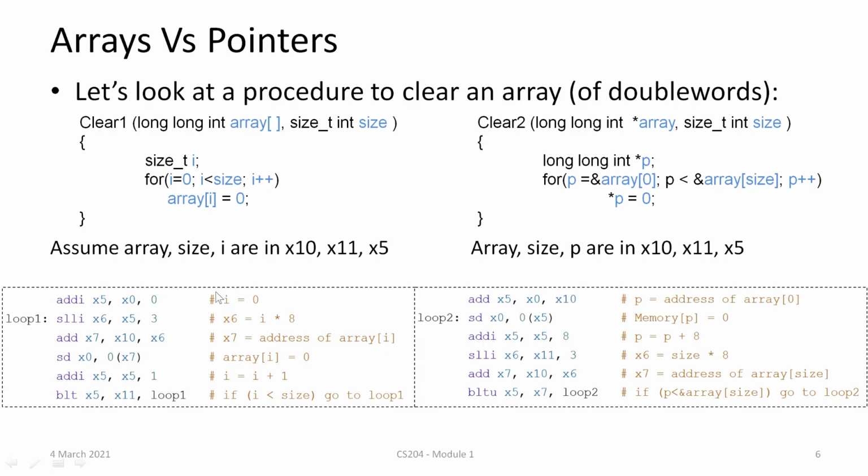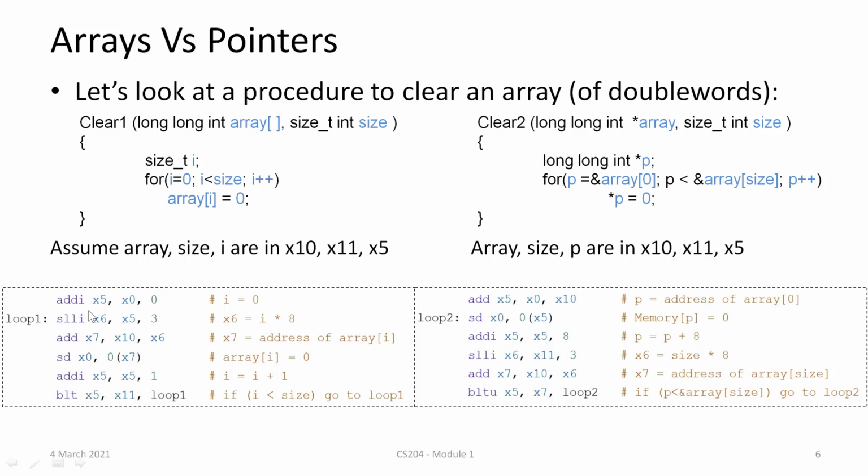Now if you look at the dynamic execution count of both these programs, let's say we have 10 elements in this array. Let's see how many instructions will get executed to initialize all the 10 elements of this array to 0. We execute the first instruction once, then for I equals 0, SLLI, ADD, SD, ADDI, and BLT will be